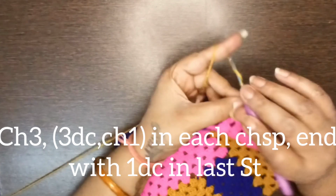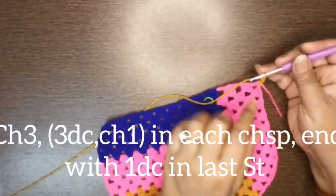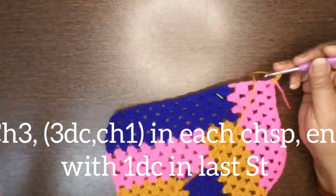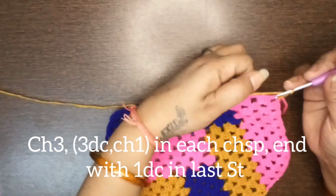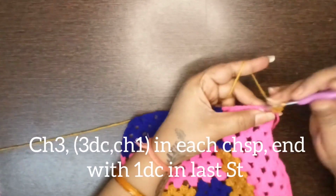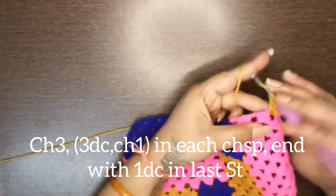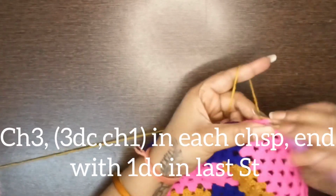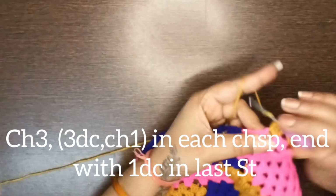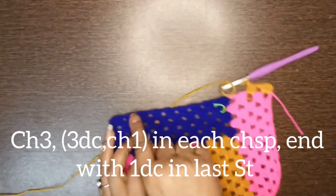Start with chain 3. In the first chain space, make 3 double crochet stitches. This is the middle or the center. So here we are not going to make any kind of increase or decrease. The same pattern will be there in the center. 2, 3, chain 1, skip the block, and then in the next space 3 double crochet stitches, chain 1, like that. Keep on working till